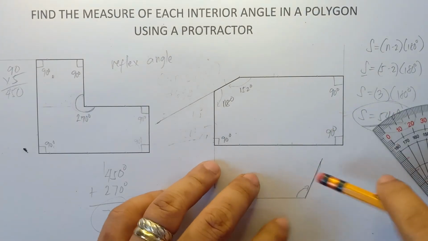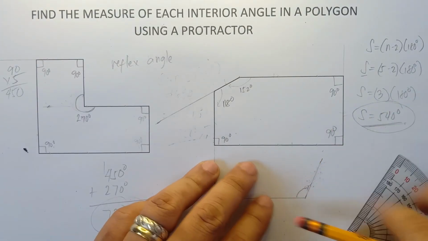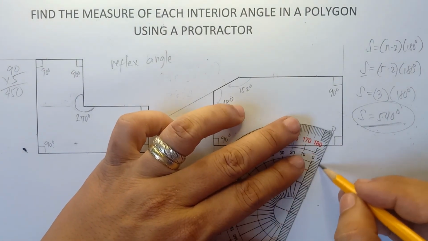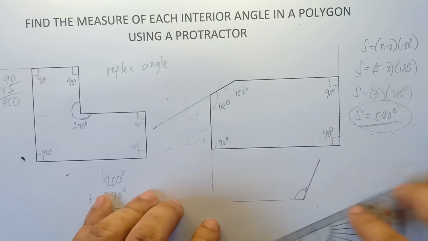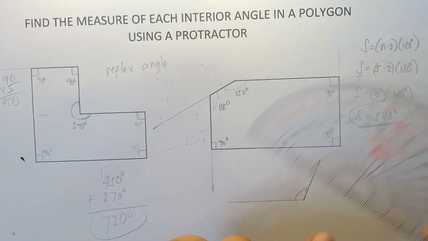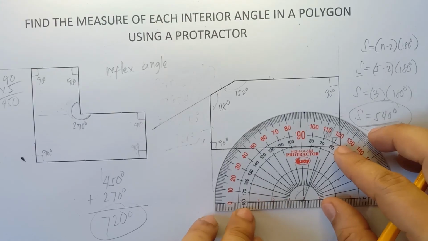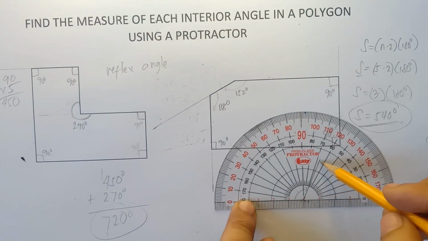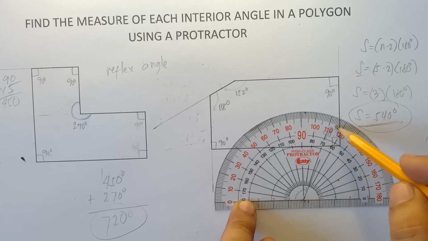And this is the guide, class. Once again, this is the line. Once again, you are told to find this angle with this given protractor, and this is the center part of your protractor. And then you align 0. As you can see, class, it's hard for us to find that angle with regards to this line because you have so many lines near 110. We have 101, 102, 103, 104, 105, and so on.